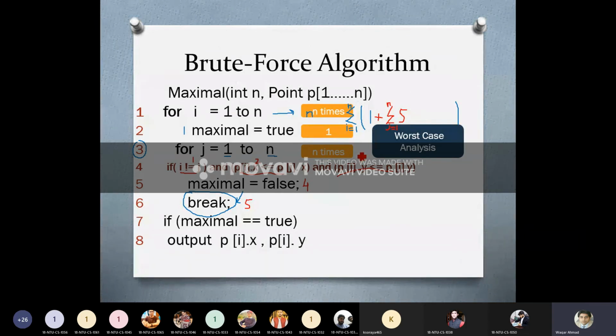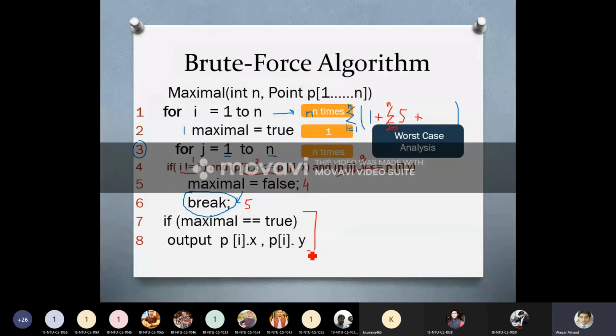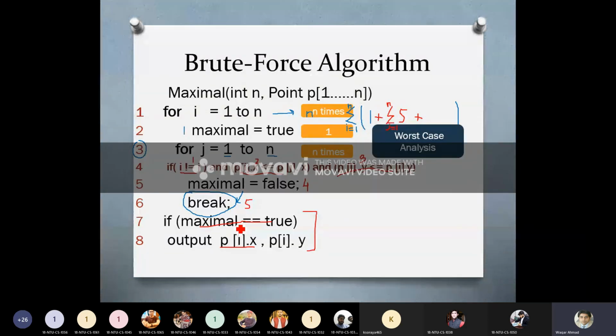We can move our analysis forward and again use the plus symbol, and now consider statements number 7 and 8. These statements 7 and 8 are not part of the inner loop. They are part of the upper loop, which is written in statement number 1. Now we can count these statements as part of the upper loop: statement 1 and statement 2. This is a conditional statement, it only has one condition, that is why we have counted it as 1, and the statement written at line number 8 is another statement, and we can simply count it as 2.